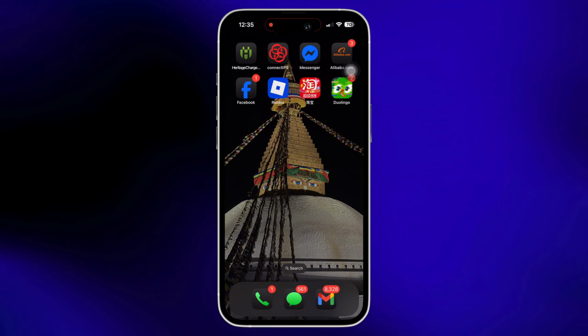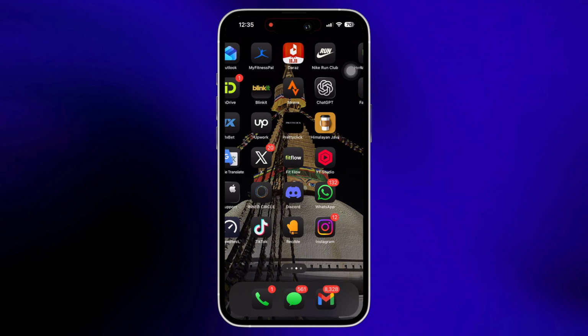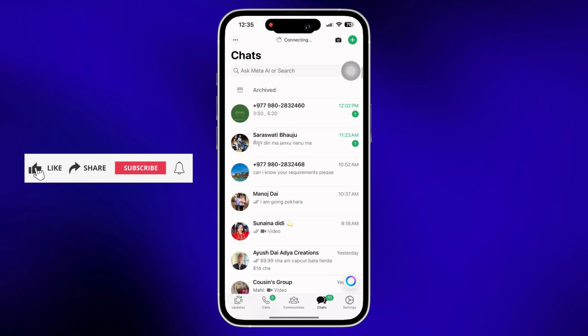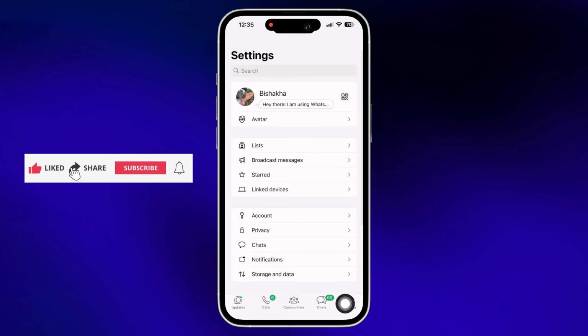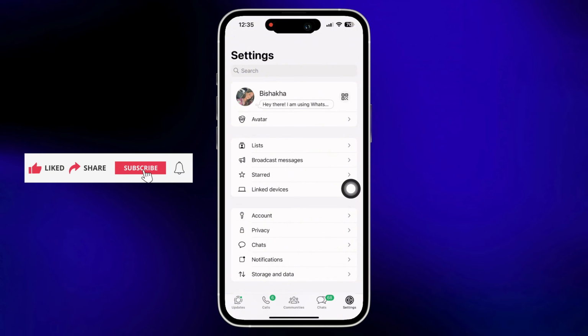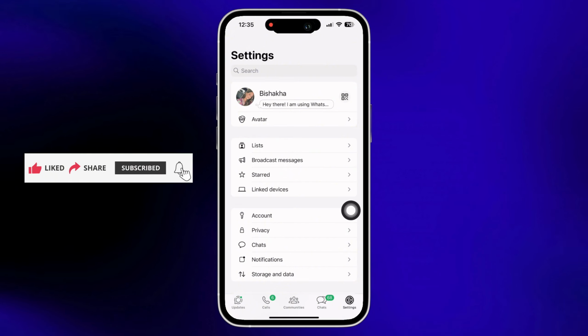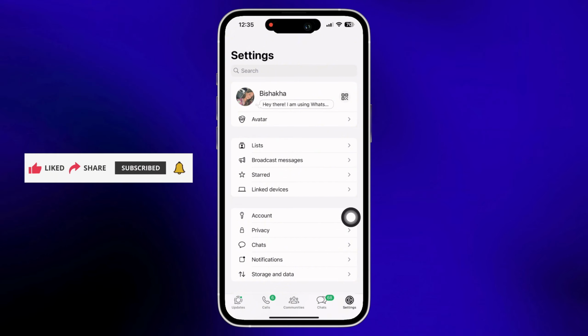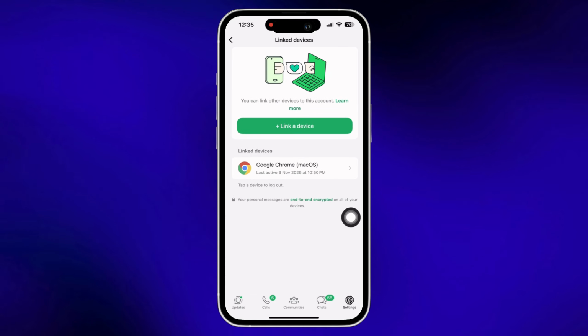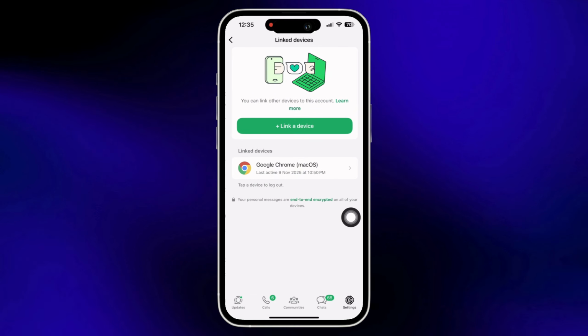Firstly, go ahead and open the WhatsApp application on your device and then tap on the settings option on the bottom right of your screen. Here you will see the option for linked devices. Tap on that and you will be able to view all the devices that have been linked to your WhatsApp